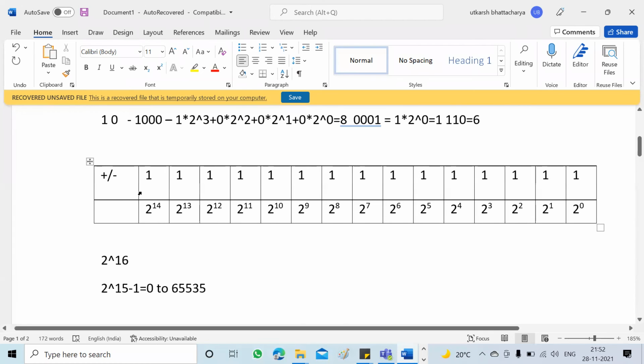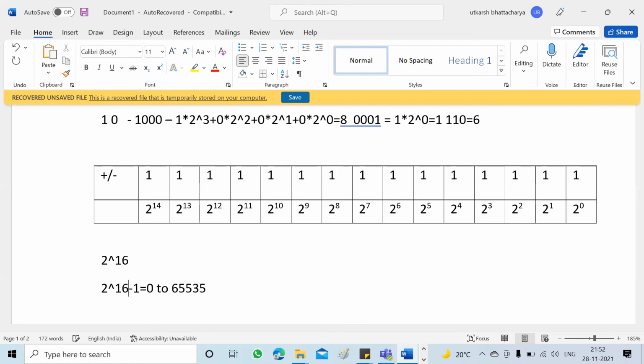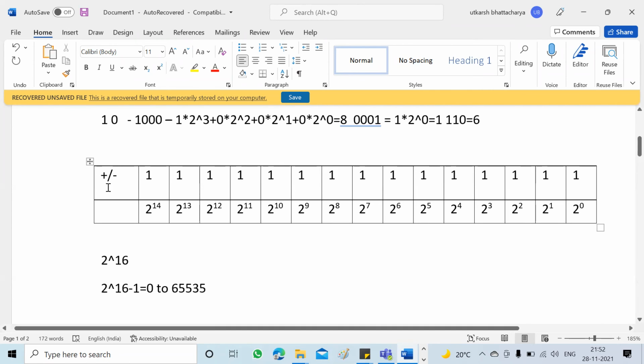One second. Okay, yeah. The mistake I made was this. This is the value for this, not that. If we had the entire 16-bit system to ourselves, all the spaces were available to us, and these are the place values. Now the maximum value it can hold is when all of them are 1, because if you use 0, the value will become 0. So the maximum value that this space can hold is this.